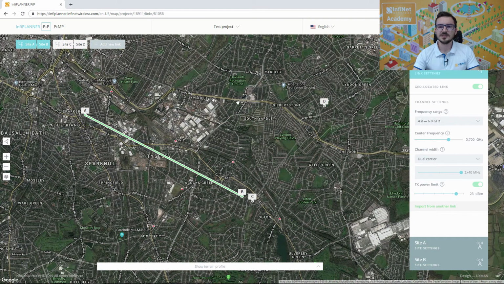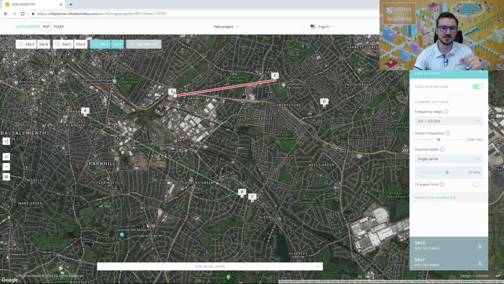And now the next feature I want to show you is the coordinates lock feature. So I will create a new link, site E, site F, and if you click and hold on one of the sites, the endpoints, then you can move it anywhere across the map and the other side as well. This can be useful in some situations, but in others you may not want to move those sites so easily, because you can move them by mistake, and it's not a good thing, especially when you have a lot of